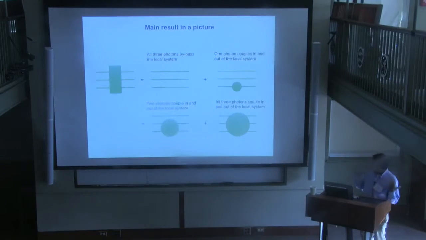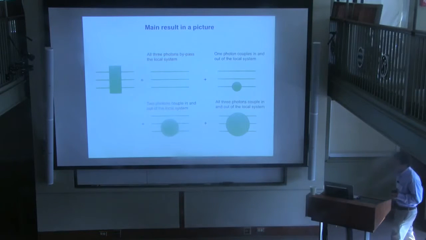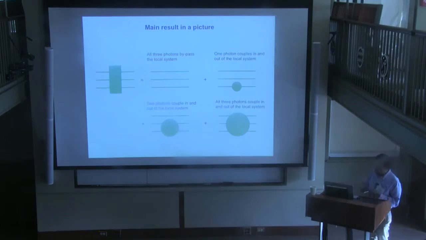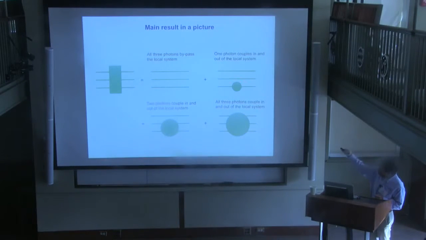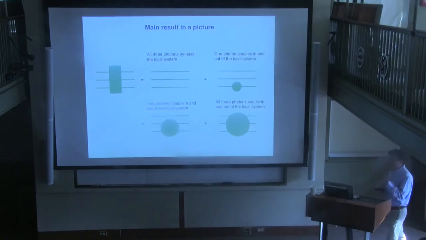So I show you one term of the 3-photon S matrix, and you can write down, at least graphically, all the terms that you have. For example, if you want a 3-photon S matrix, it's just these 4 classes of terms. One of them is that all 3 photons bypass the local system, so you get 3 delta functions. Then you have 2 of them bypassing and 1 of them going in, so you have 2 delta functions here. This turned out to be a delta function as well. This one I've shown you, and then the last one, you have all 3 photons couple in and out of the